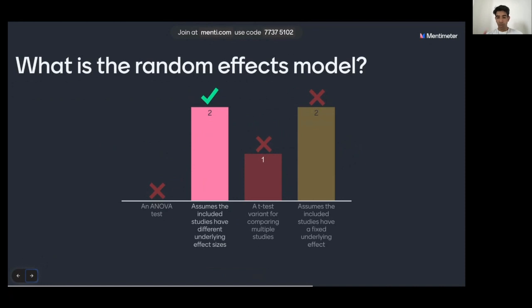Okay, we were on the right tracks, and I will explain that a bit further in the outcome analysis section, so don't worry about not understanding it right now. I'll stop sharing that one and let's get back to the webinar. Again, if you have questions, just put them through on the chat. I will get to the ANOVA question later. It's not quite to do with meta-analyses. I just put that as an answer option, but I can explain it very quickly should you need.